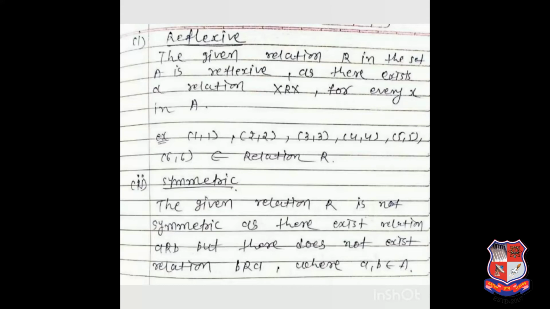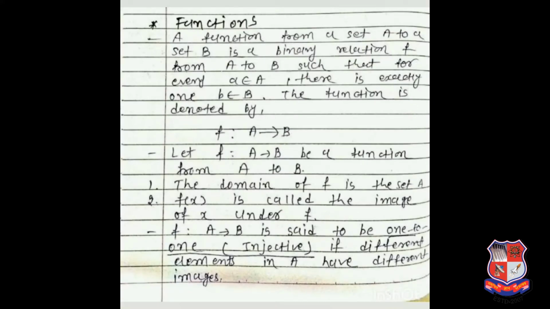Now move on to the second topic of this lecture, that is the functions. Basically in the function we are having two sets given, set A and set B, and we have to see the relation between the two given sets. Just take an example. A function is indicated with f. Here the notation is given f: A → B, that means f is a function. We are having the two sets given, A and B.